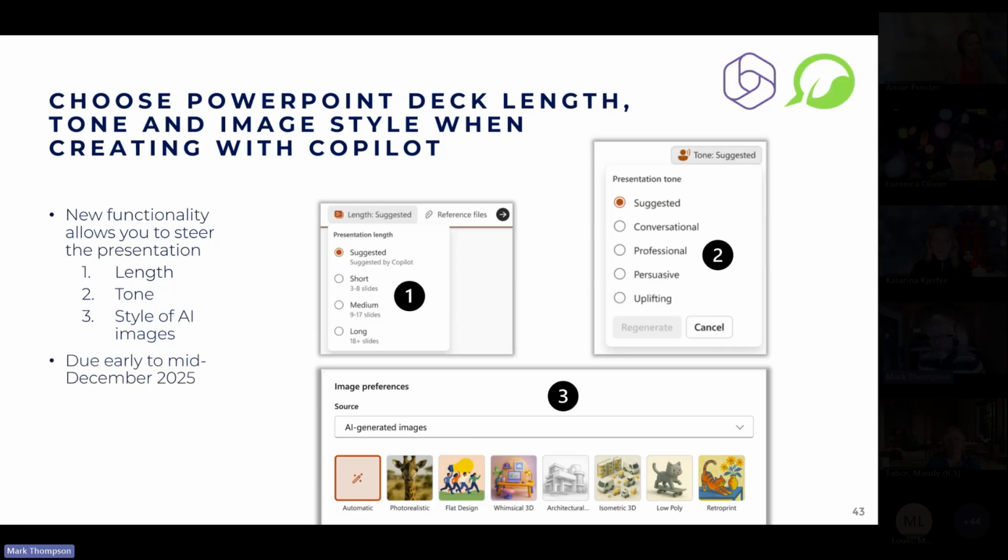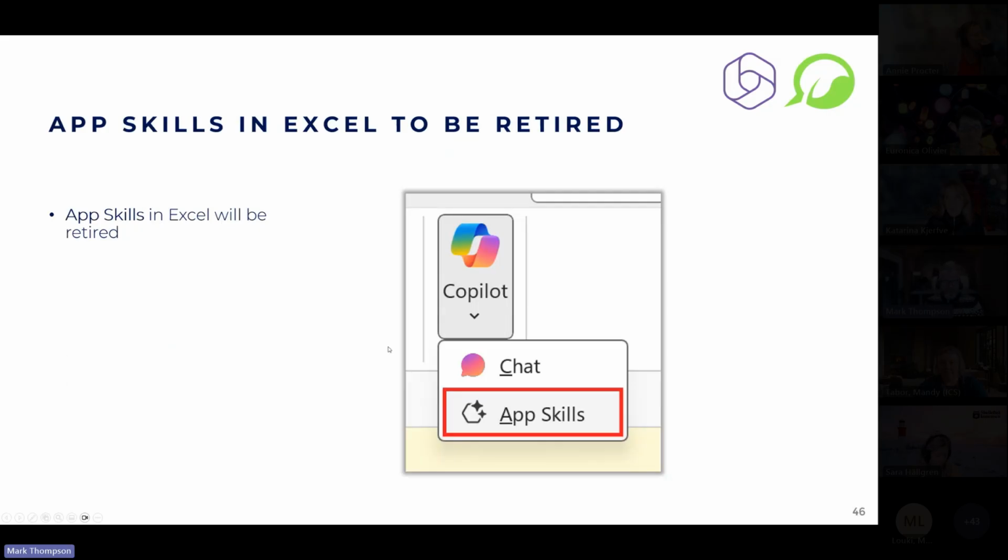I'm sure Microsoft aren't even vaguely oblivious to the fact that it's got a long way to go, but it's getting better. It gets better all the time. If you've been coming to these sessions for a few months, you'll know that almost every month we talk about an improvement with Copilot and PowerPoint. But anyway, look out for that, folks. I think that is quite a nice change. Now,